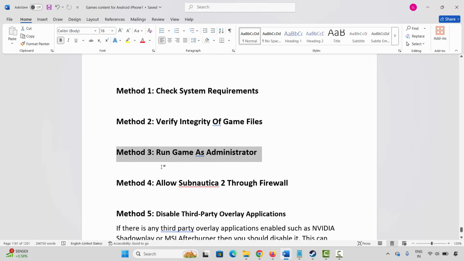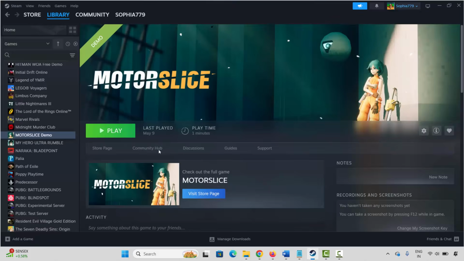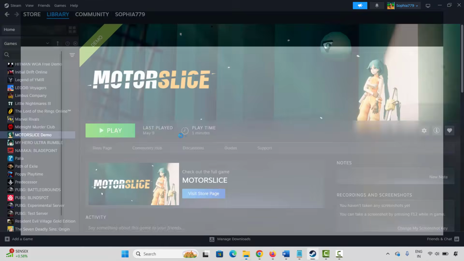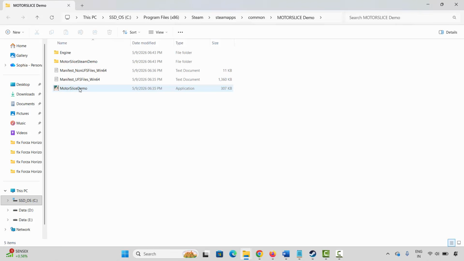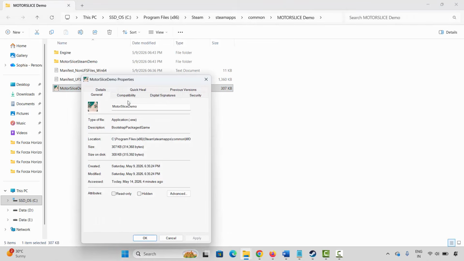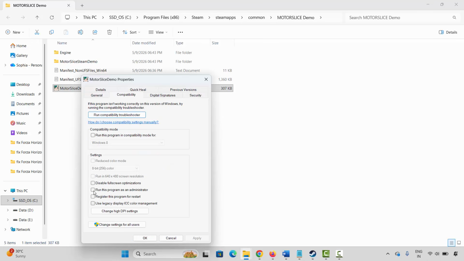Next solution is to run the game as administrator. So for that, go to Steam, select your game under library section, right click on it, click on manage, now click on browse local files. This will take you to the game folder where your game has been installed. Here you have to select the game application, right click on it, click on properties, click on compatibility and here select run this program as an administrator, click on apply and OK, and after that launch the game and check